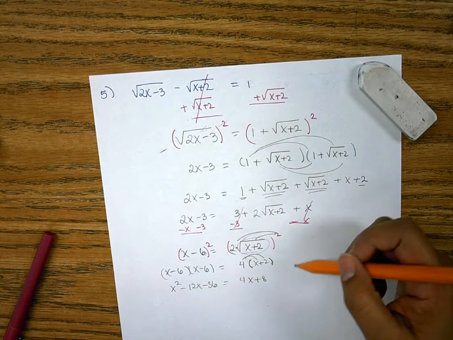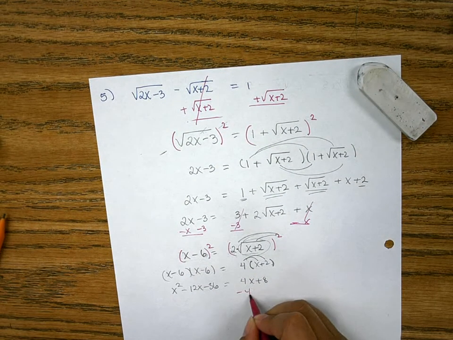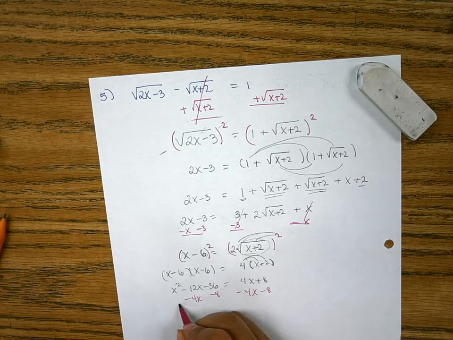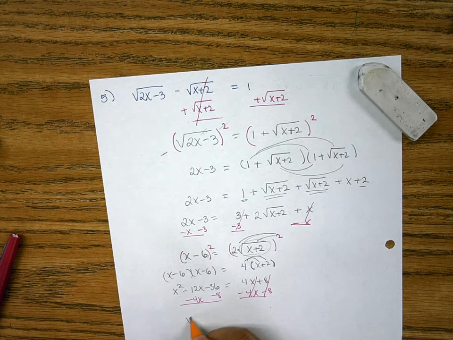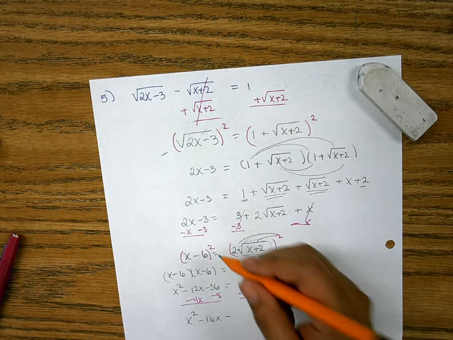And now we're done with step 1, which was isolate the radical. We've already undone the radical. Now we're ready to solve. So I'm going to subtract the 4x. I'm going to subtract the 8. And we're going to get ready to factor and solve using the zero product property. X squared minus 16x minus,